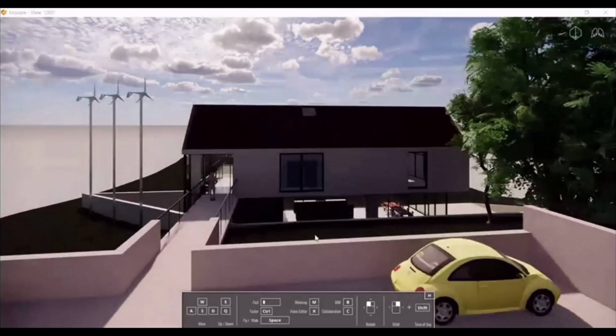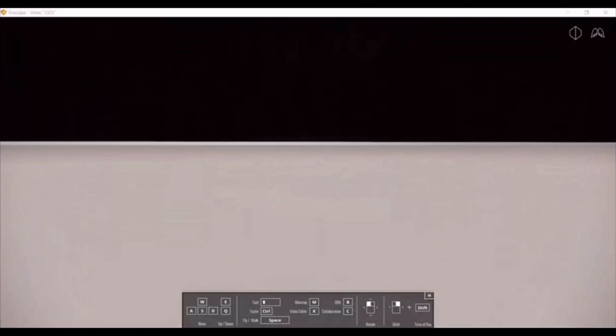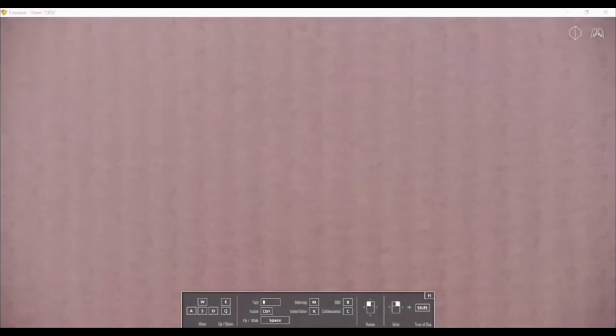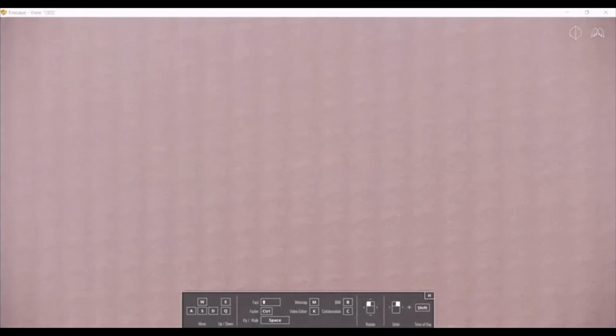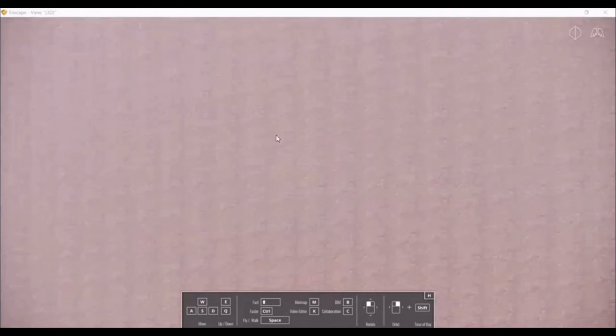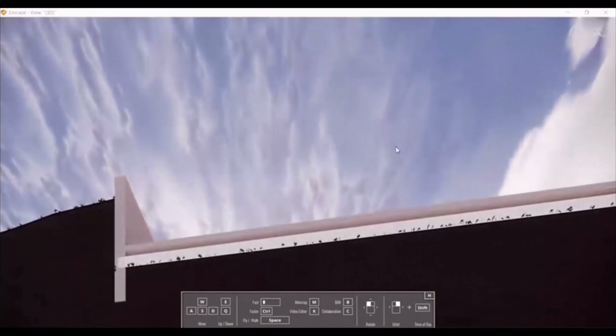Now here we have other modes like fly mode and walk mode. To switch between fly mode and walk mode, we have the space button. If you want to move up, holding the left button you can move up, or your E button is there. So again you will come back to this fly mode.